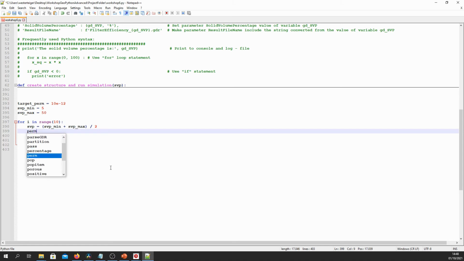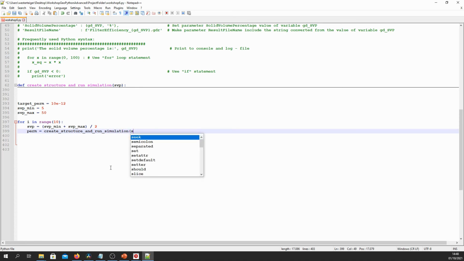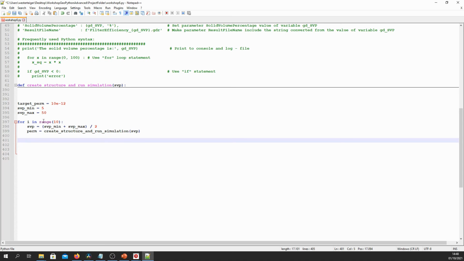Then we compute the permeability again for that SVP. So perm equals create structure and run simulation of SVP. So now we get a permeability for this SVP value.